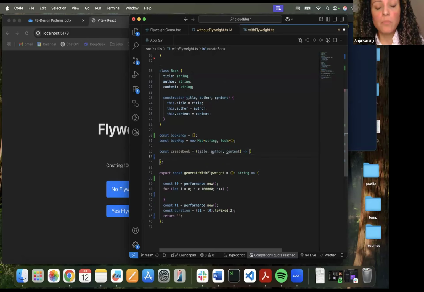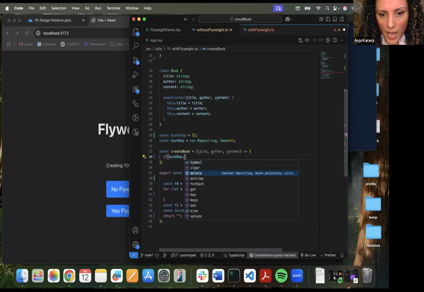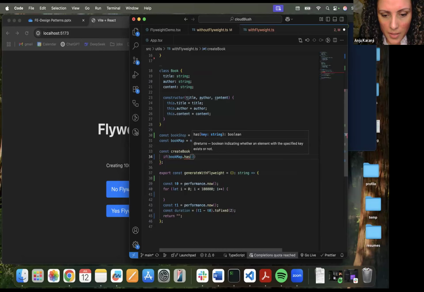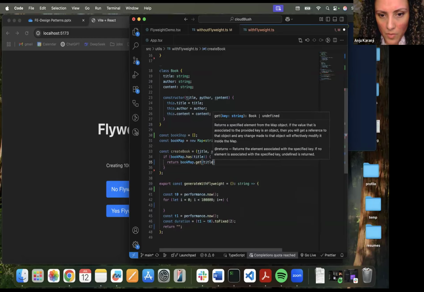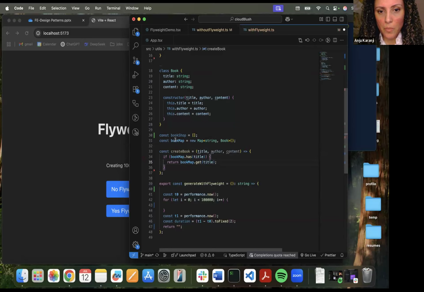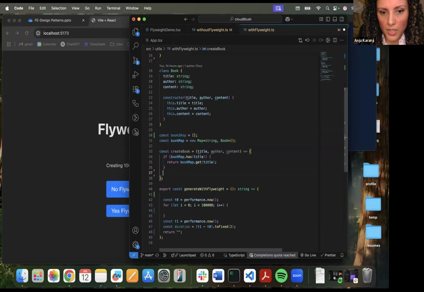So when we create the book, first we're going to check if the book map has that value already. If book map dot has the title that we are looking for, then we are going to return the book map dot get of title. Because if that book map already has it, then we are not going to create another new object. Only if it does not have it, then we are going to say